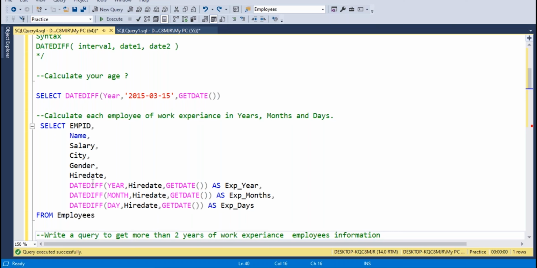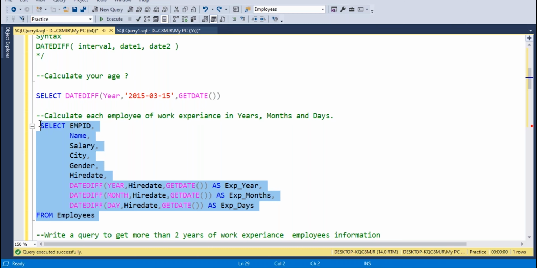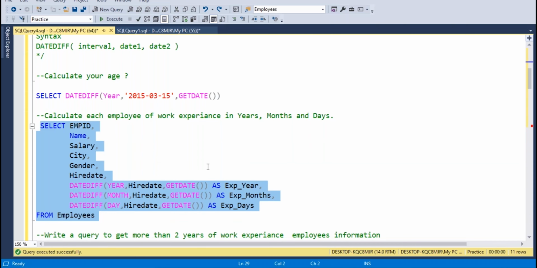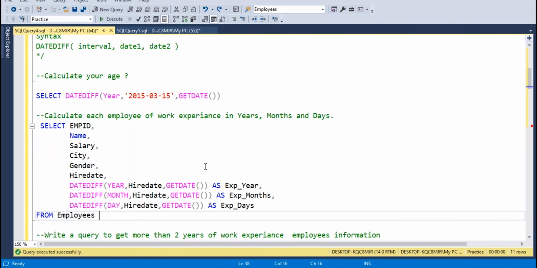Now you can observe here, DATEDIFF, how many arguments can we pass? Three arguments. Year, hire date is the joining date. How can we calculate? If he is in service, we can calculate with GETDATE. Now we can get the experience. Same way we can use month, day. They are all nothing but intervals. How many date parts do we have? All the parts we can call intervals. Now you can observe here, experience in years: 2018 to 20, 2 years, 2017 to 23, years. Like experience in months, 23 months and 40 months, how many days he has experience. Like this way we can calculate the date and time differences by using the DATEDIFF function.